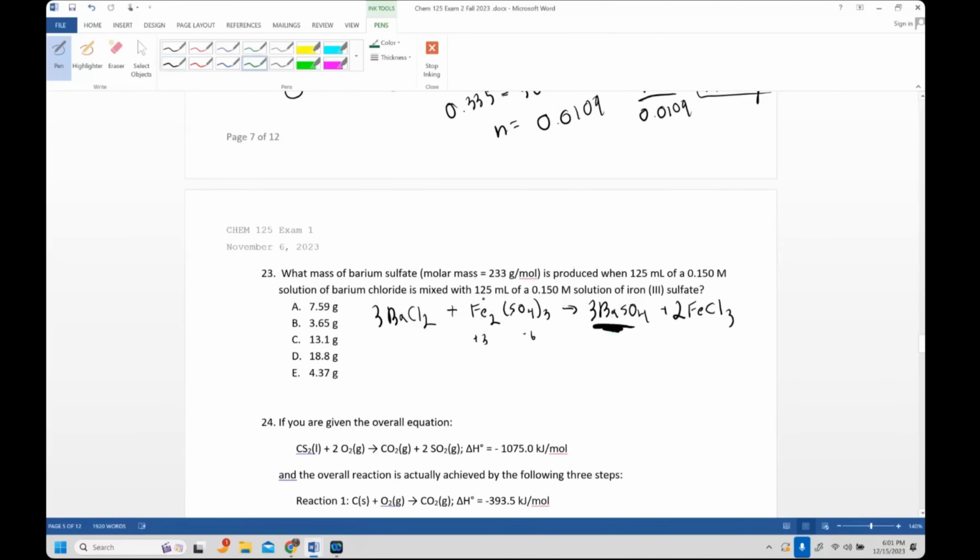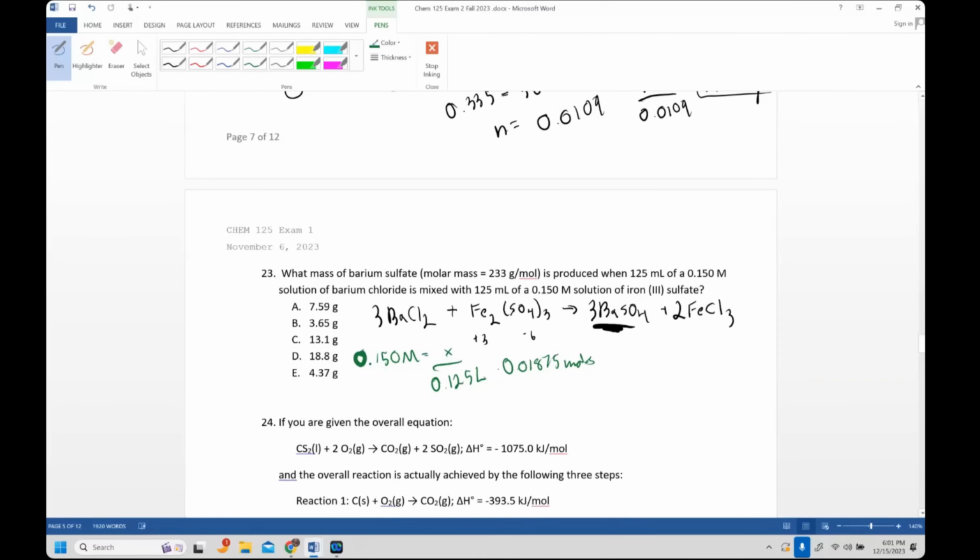So it's produced when this is the barium chloride. 0.150 molar of barium chloride equals X divided by 0.125 liters. We can find the moles. 0.125 times 0.15 is 0.01875